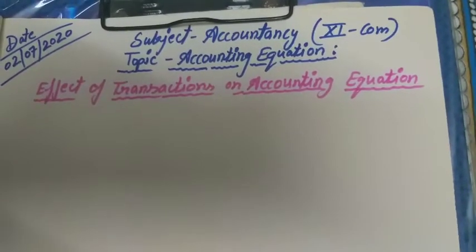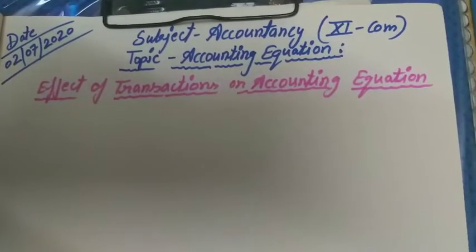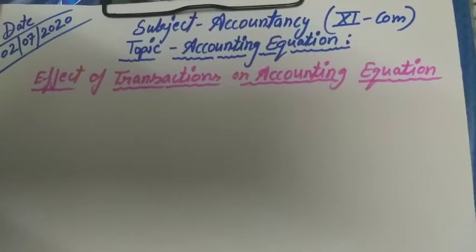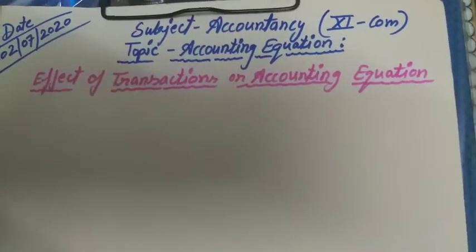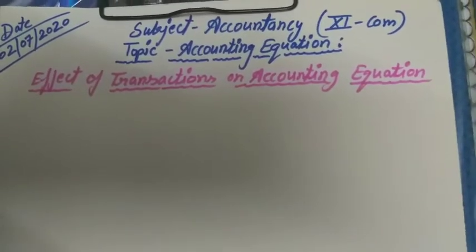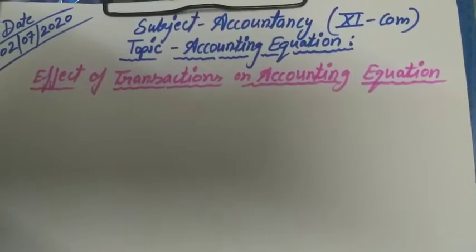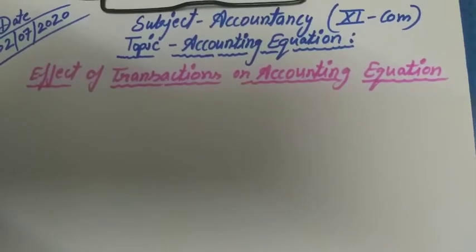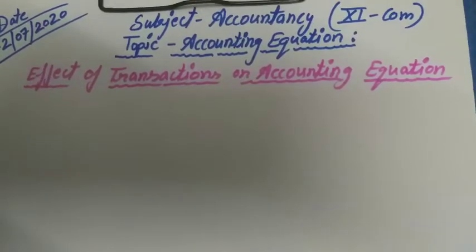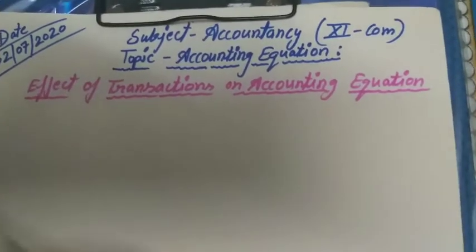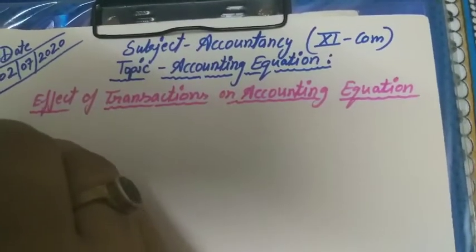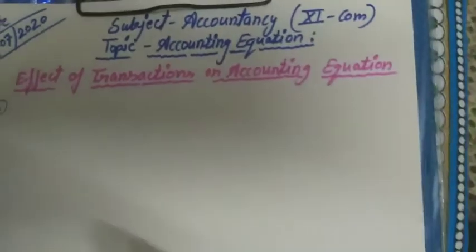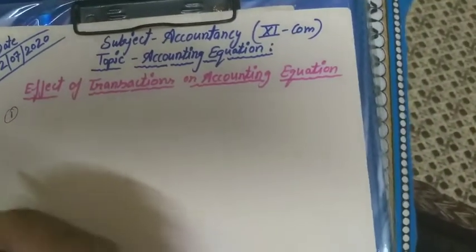The accounting equation can be affected by a single transaction in two ways. So the first method is